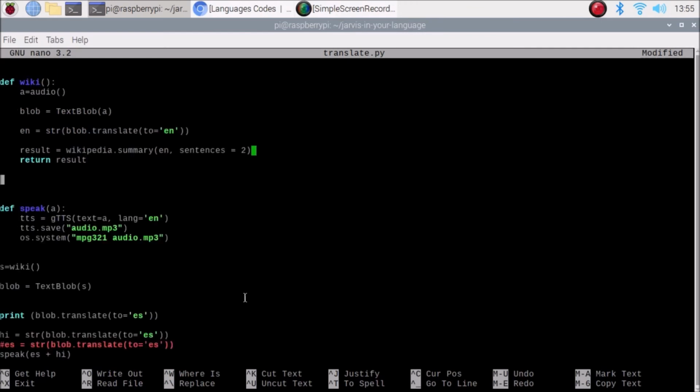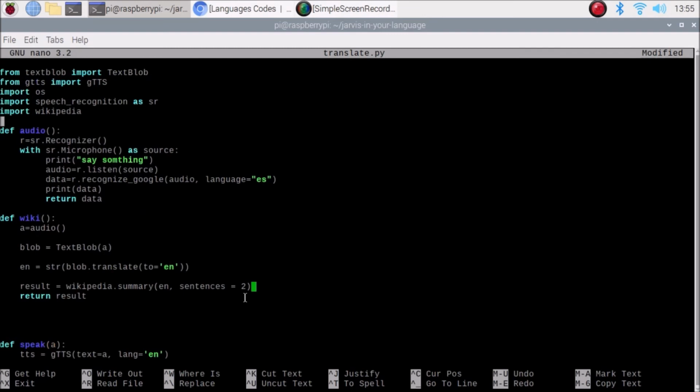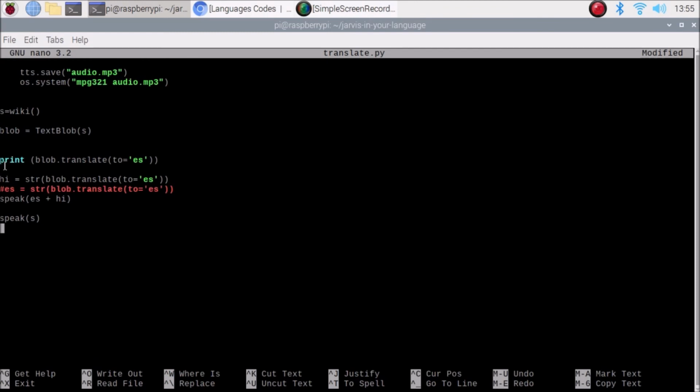As you can see here, I have also set the ES. Okay, so again I will explain you. You need to simply change the audio function and the end function, means the print in the 2 is equal to, you need to mention the language code as per your language code. Also you need to mention here also the code. Okay, so this is the way this program basically works.